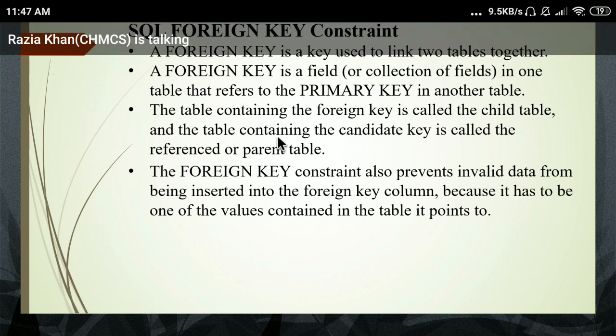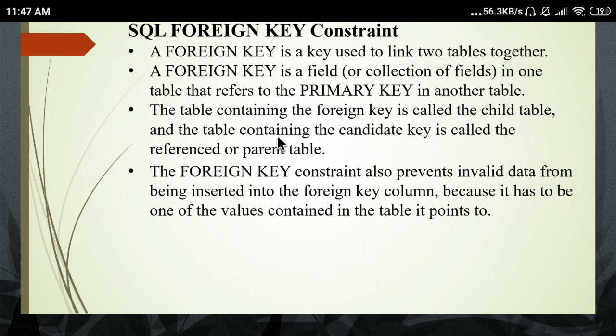Okay, and the table which contains the foreign key is called the child table, and the table containing the candidate key or primary key is called the parent table. Clear, everyone?